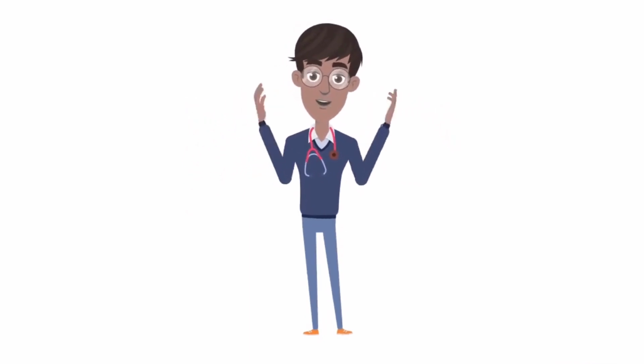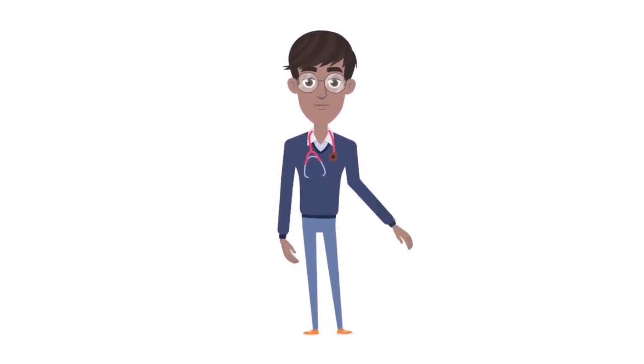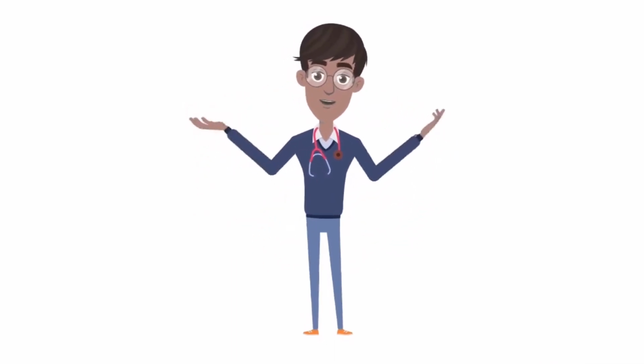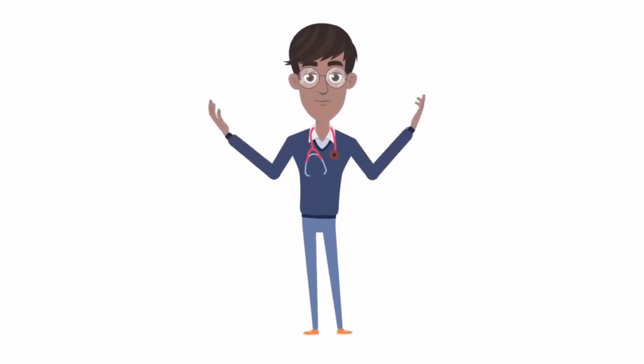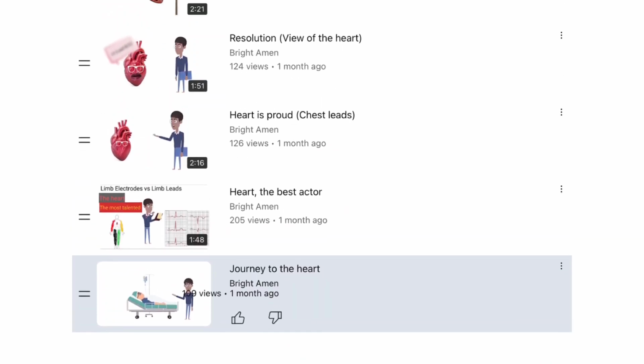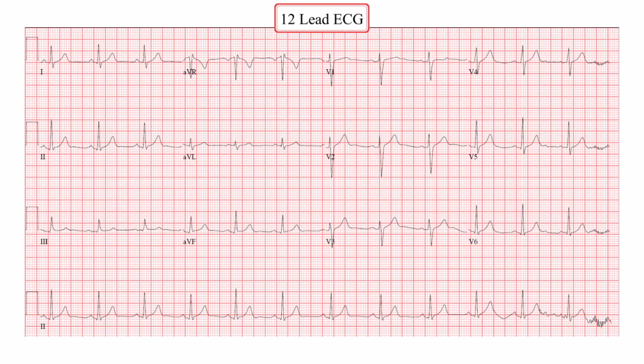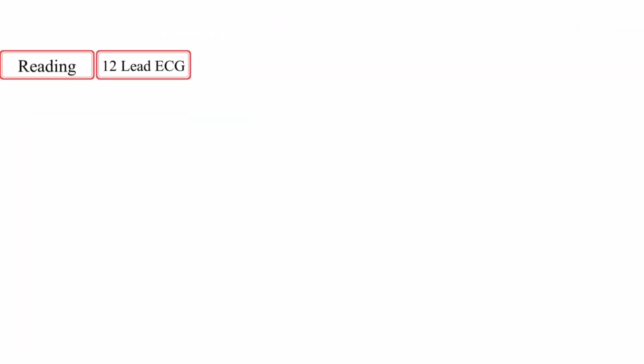Today we are going to be interpreting the 12-lead ECG and we are going to leverage on previous episodes in this series. To get a better understanding of what is happening in this video, I advise you watch our previous episode on this series before you watch this one. An ECG paper will look like this. Don't be scared yet. I'm going to show you a systematic pattern of how to interpret an ECG next time